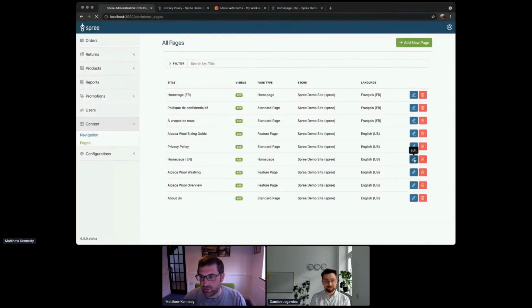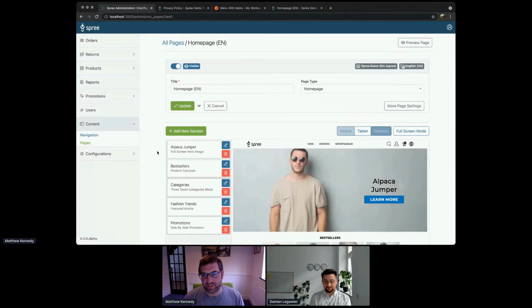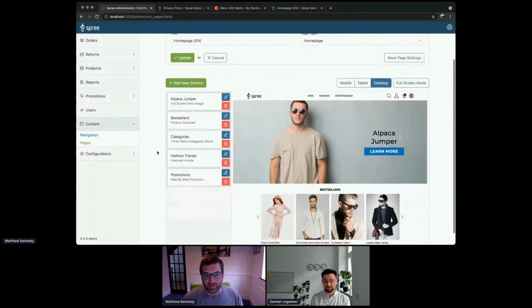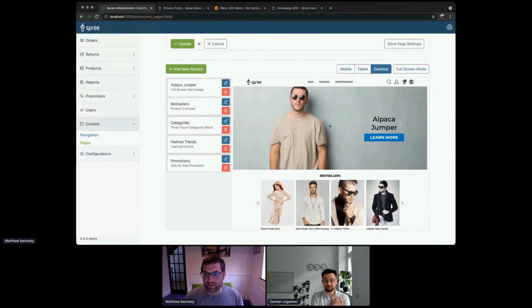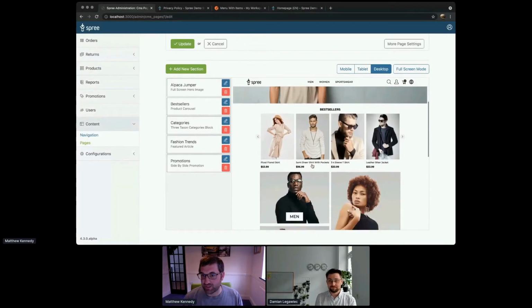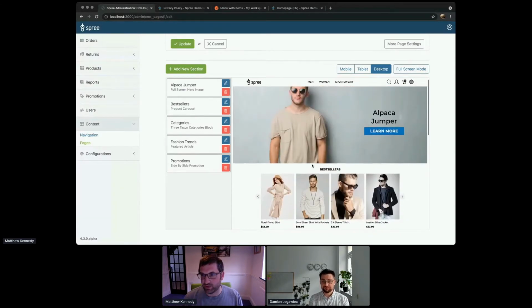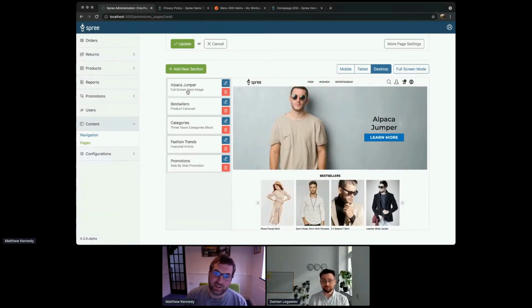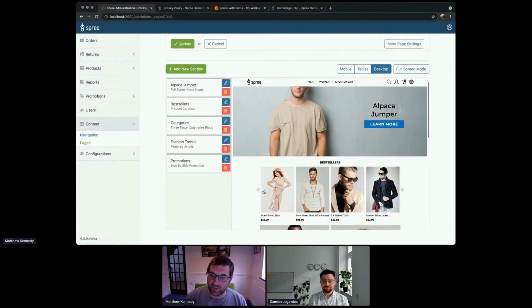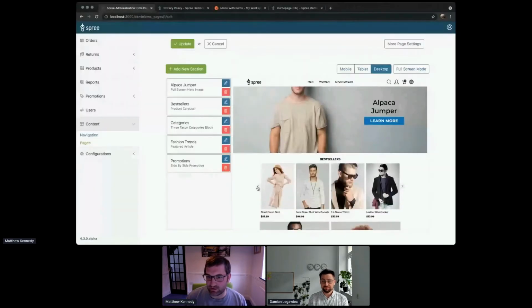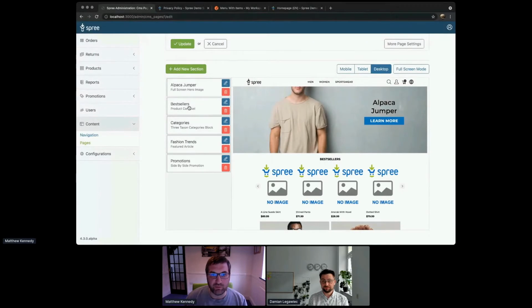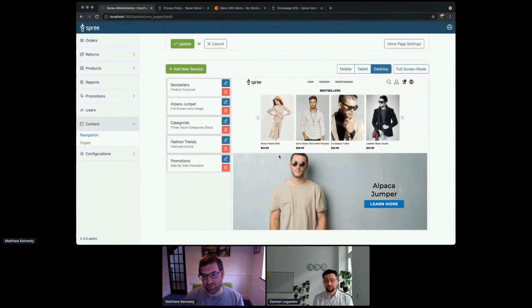When you go to edit a home page, you will notice it's slightly different. What we have here is a live view editor. This represents the home page on the front end, what the customer sees. And this is made up of sections. Here you see we have a best sellers carousel that we can move to the top by drag and drop and place above the homepage hero. I don't know why that might be wanted, but I'll put it back.